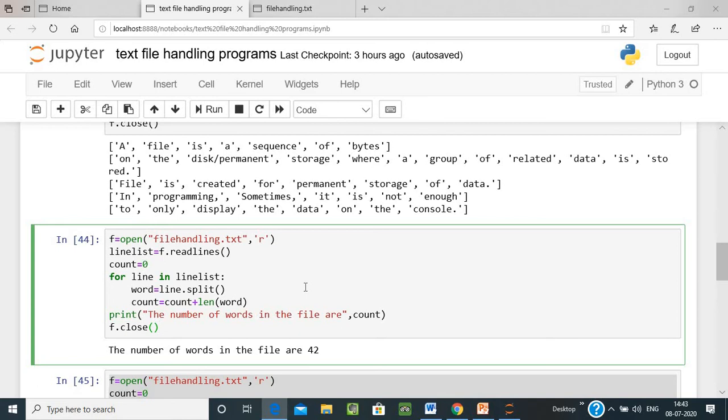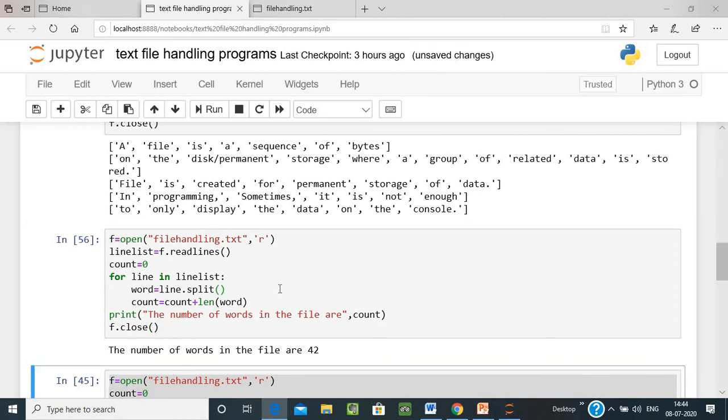With the help of the split function and a for loop we can count the number of words in a text file. When we execute this program, the output will be 42. The words are 42.